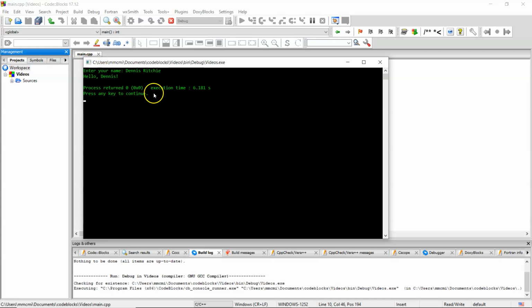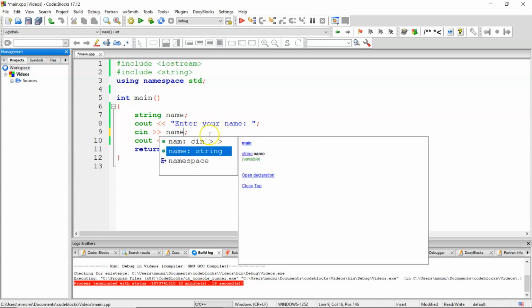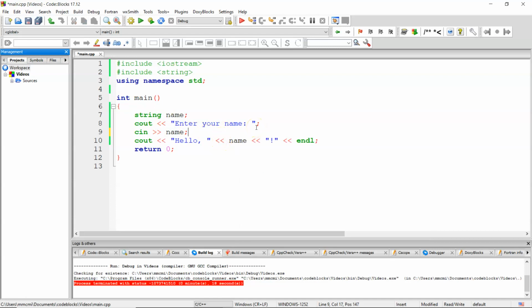The reason for that is because, and we've covered this before, cin looks at a space as what's called a delimiter, so that you can have multiple variables on one cin line. For example, I didn't do it this way, but I could have written it with first name and last name, and that would have worked fine. The Dennis part would have gone into first name, and Ritchie would have gone into last name. But I didn't do it that way. I used name. So if you want to put a space delimited string into a single variable, you have to